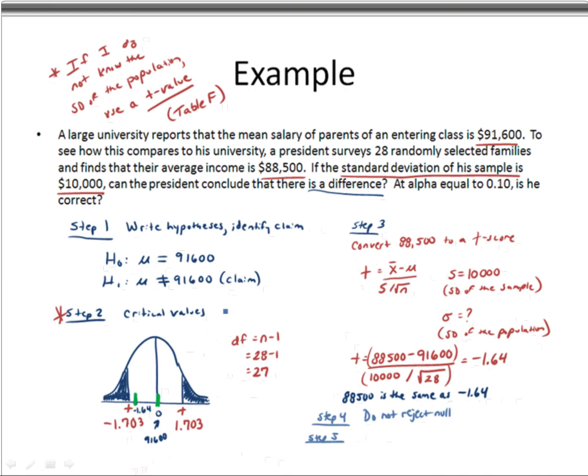And we said do not reject, so we'll be looking specifically at the bottom right conclusion. And so we'll say there is not enough evidence to support the claim